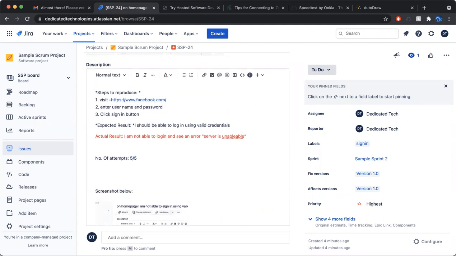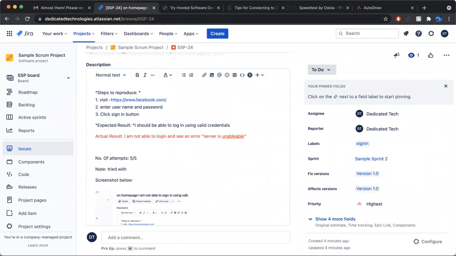So therefore, many times in a real work environment, the developer is going to say, hey, did you try removing your cache? Did you try removing your cookies? Did you try this? Did you try that? They're going to try the easy way out. They will say, okay, it's not working for you because you have cache, you have cookies. All right, so you can also say note,